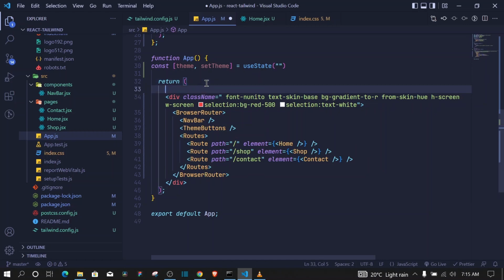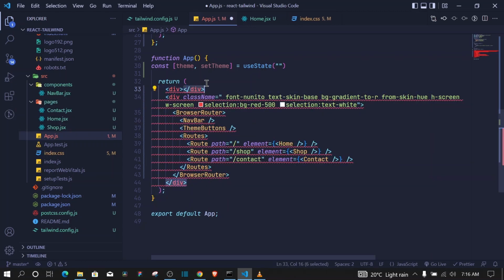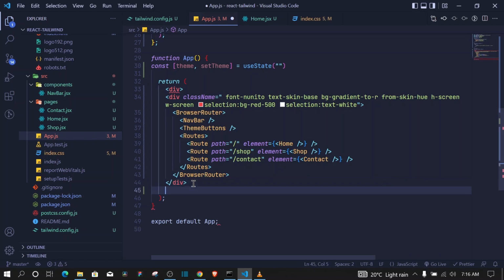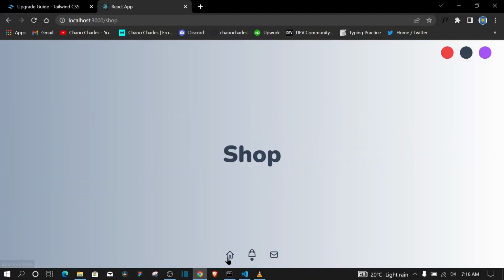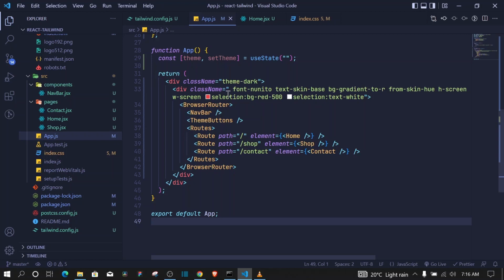Now the cool thing is that even if I add a div here at the very top and cut this and bring it down here, when I make use of a class name here and say theme-dark, this will still add that theme. So we should have a dark theme. Cool. Now what we want to do is to dynamically display this theme-dark depending on what we have at our theme value. And for us to update this theme value, we need to make use of the set theme